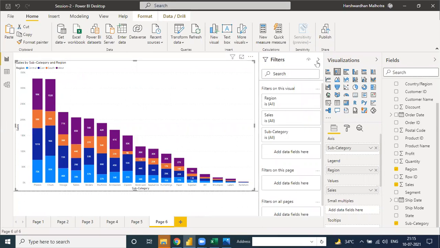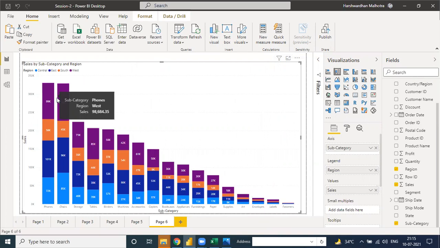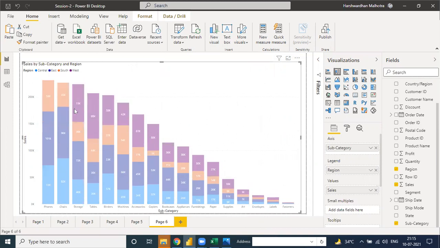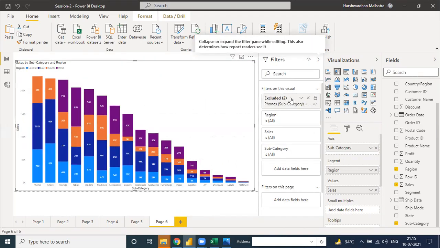What is exclude? Suppose we don't need these two. We don't need these two to show. So click, right click and exclude. See in this chart, only those, the upper table, is excluded from the chart, and you can see it here, that it is excluded.